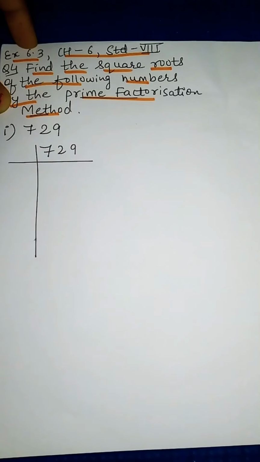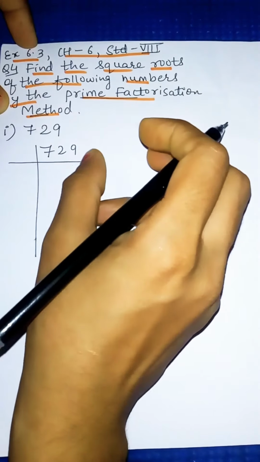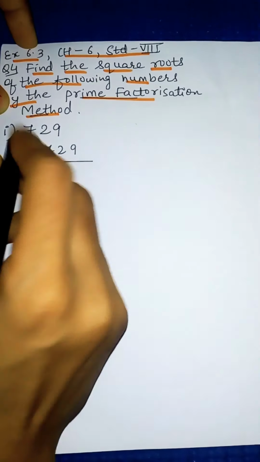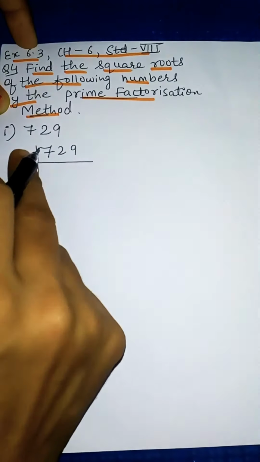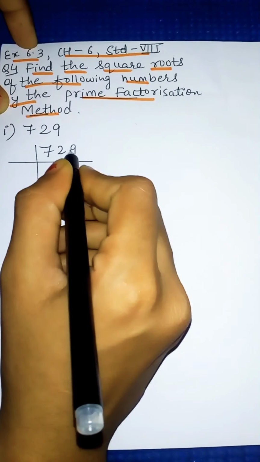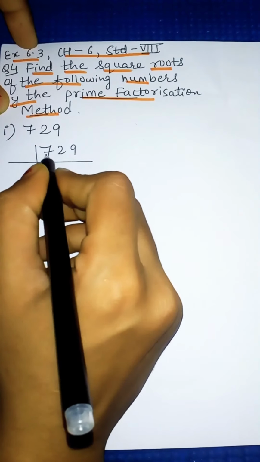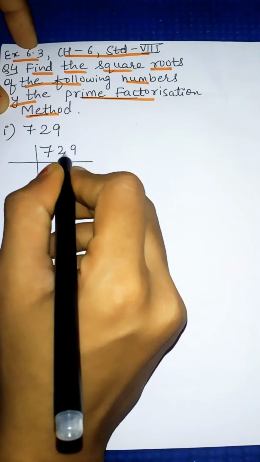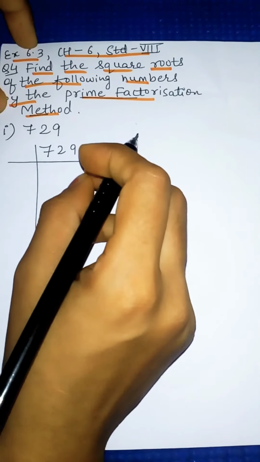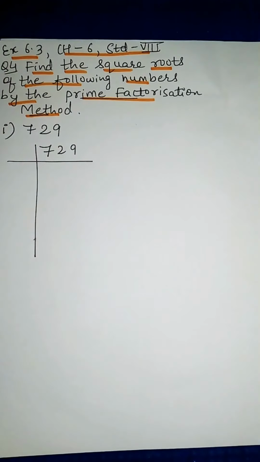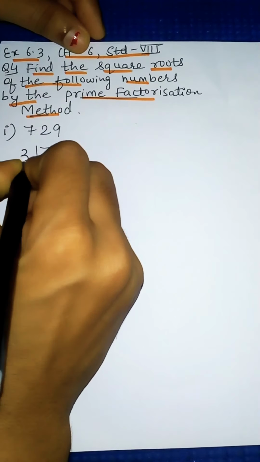In 5th standard it was there. So the last digit is 9. Which table will you start with? You can't start with 2. Now if you take the sum of the digits, 7 plus 2 is 9, and 9 plus 9 is 18. So the sum of the digits is 18, so it can come in the table of 3. So now we will start with the table of 3.